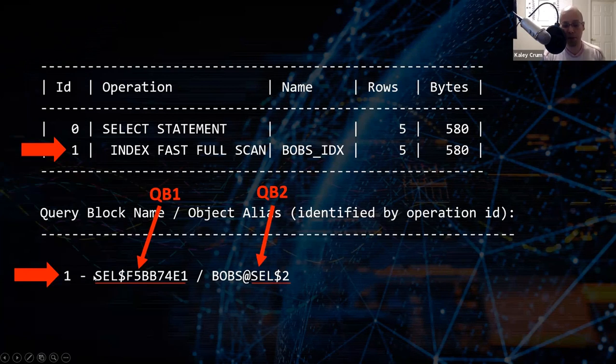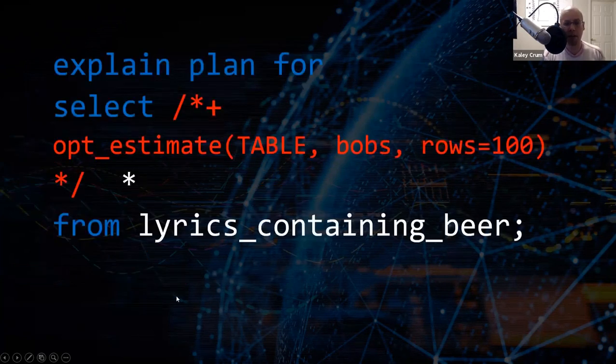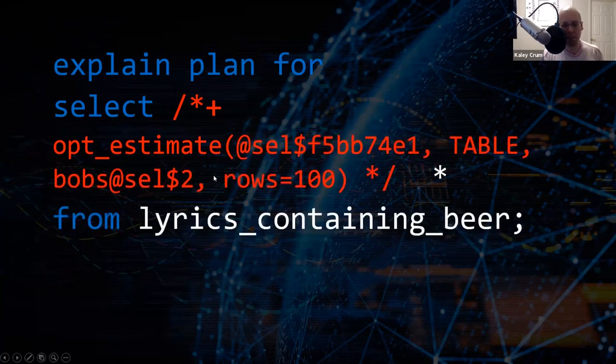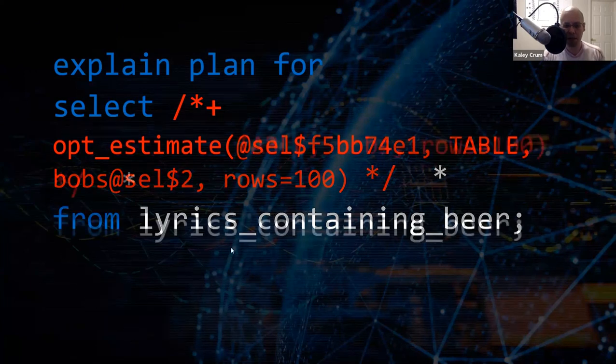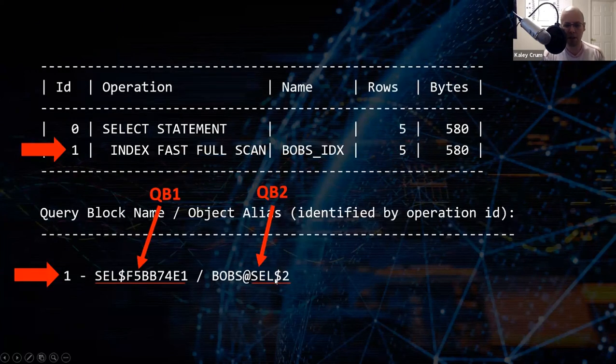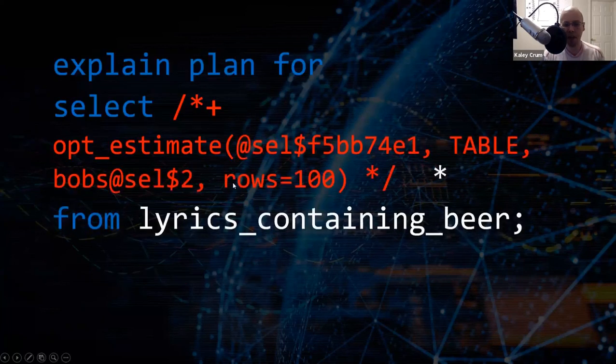So all we have to do to use this is add an @ sign right here and throw it into a hint. So instead of using bobs, we're now going to use something that looks like this. It's a little bit different, but it's not a big change. You say opt_estimate, open parentheses. You say @ sign. Then you say the name of the query block right here, comma, the keyword table, comma, Bob's at SEL$2. That was, if we go back, SEL$2 was the name of our query block 2, comma, rows